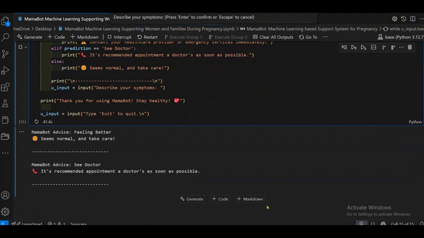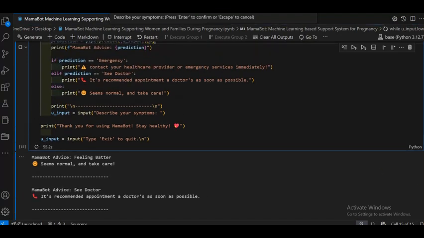I again type severe headache. So it gave the advice that it recommends an appointment with a doctor as soon as possible. So it gave the advice.